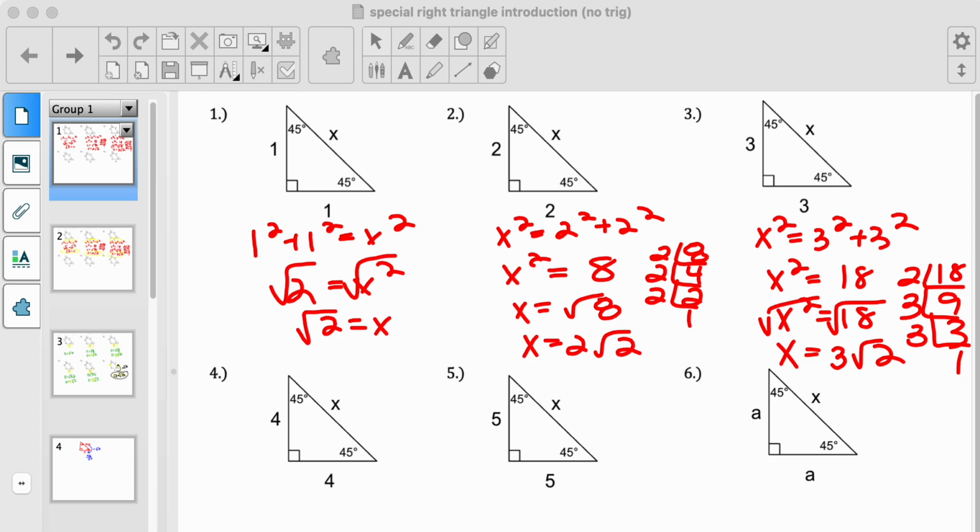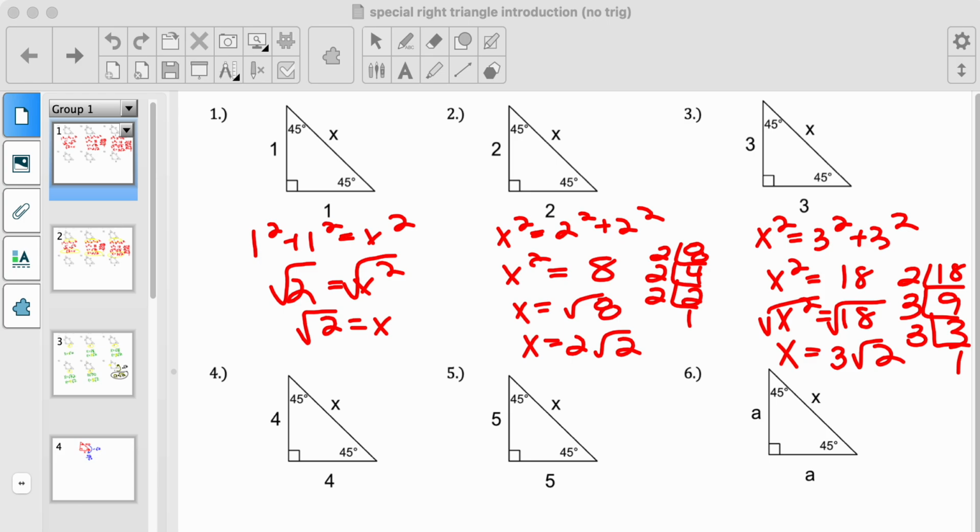Notice that in the 1 through 6, all of these triangles have the same angle measures. So repeat after me: 45, 45, 90. So those are the three angles here. A 45, 45, 90 is a quote unquote special right triangle because there is something unique amongst its three sides. The great thing is you won't ever have to use the Pythagorean theorem to find these three sides after you learn this trick